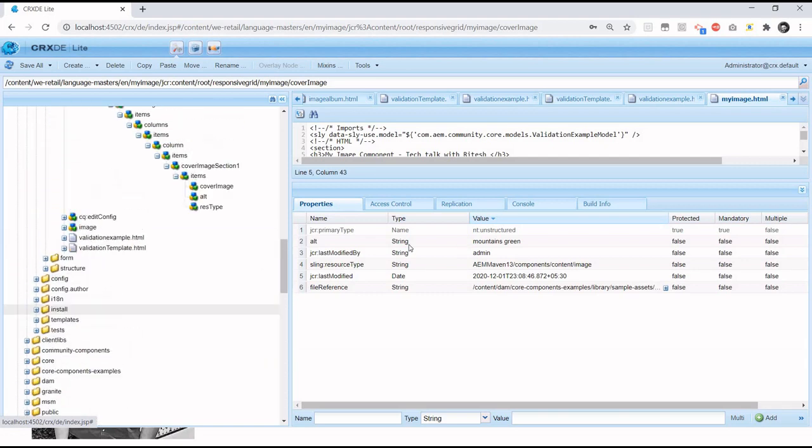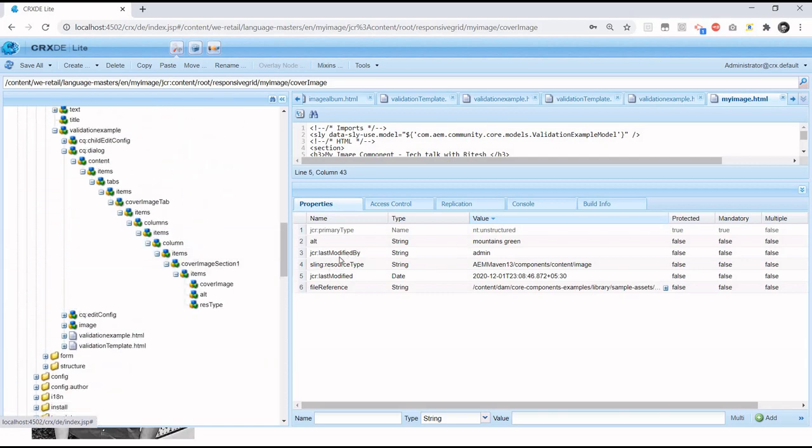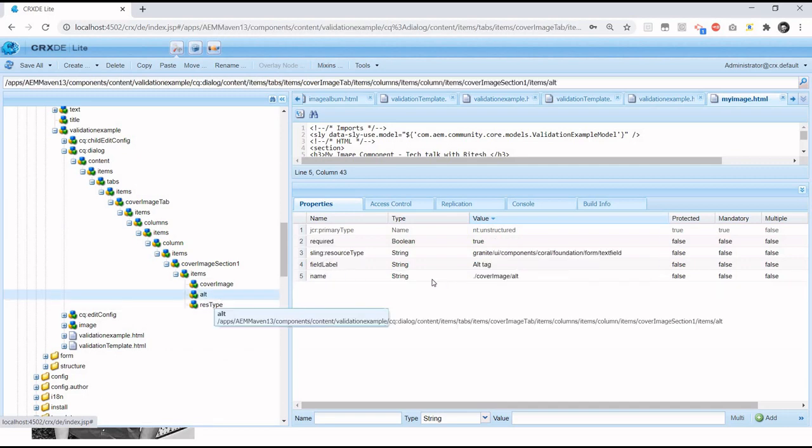So whenever we want to save any property on a desired path, we just need to give the name as the path, basically the path on which we want to create that property. The last part will be the property, and everything before that will be the path. Hope you like this video, and thank you so much.